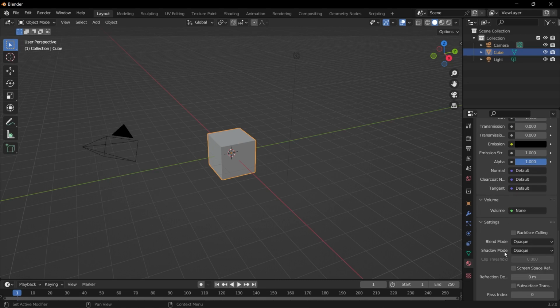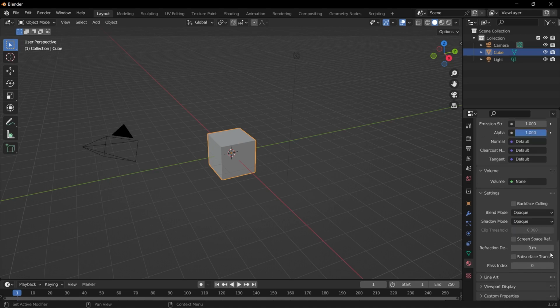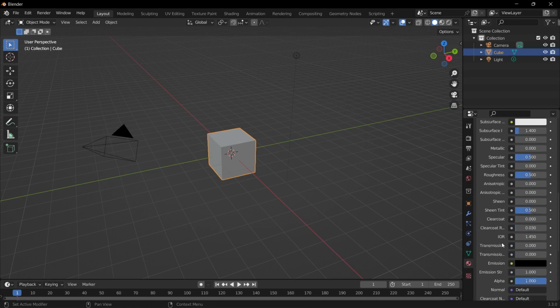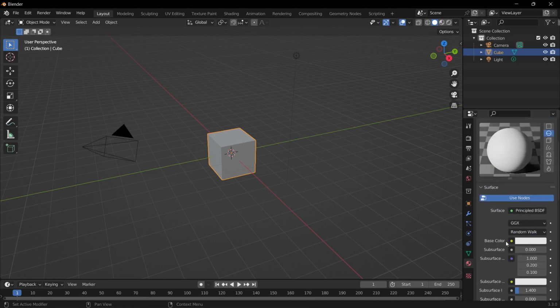In settings, we have different settings for how light interacts with our materials, such as the blend mode, the shadow mode, and how light refracts off of the surface of our material. And for the rest of the material properties, we don't need to worry about them for now, as they are more advanced features for our materials. So if we want to customize our material some more, we can scroll back up and change the base color